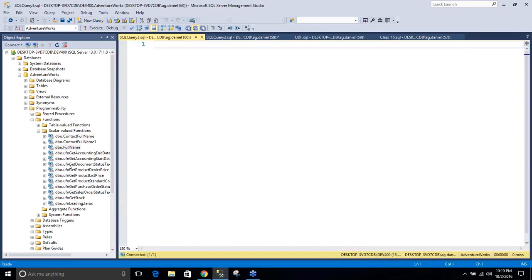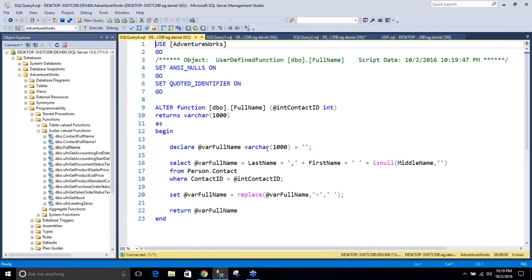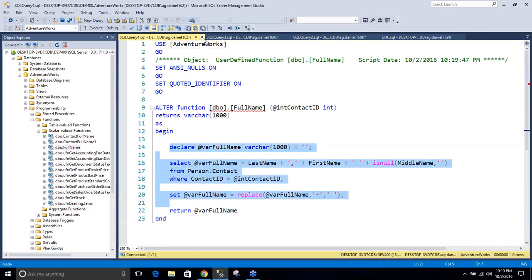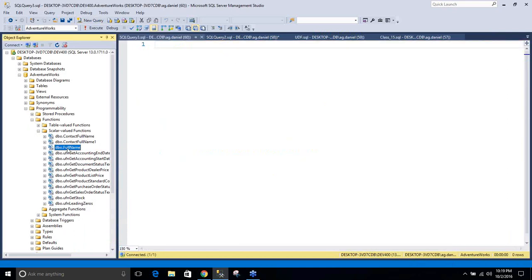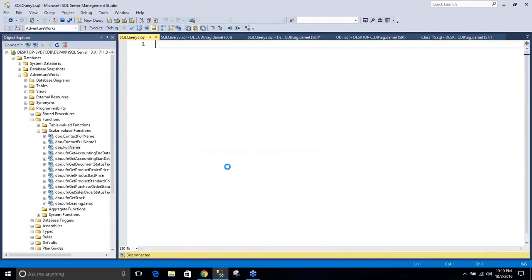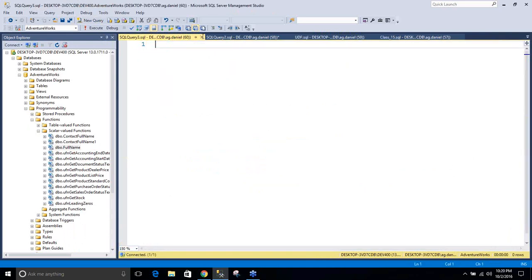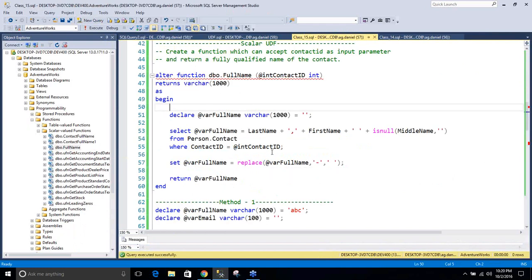When Ajay logs in, he can definitely right click on this function and say modify, and since he has the modify right, he can see whatever is there in the body of the function. Or he can right click on this and script function as create to a new query window, and see what is there in the body of the function. So there are ways a developer can see the body of the function. Now if I want to hide that, what you can do is